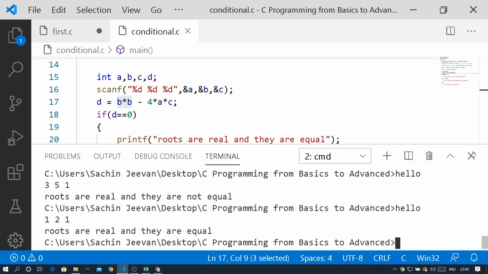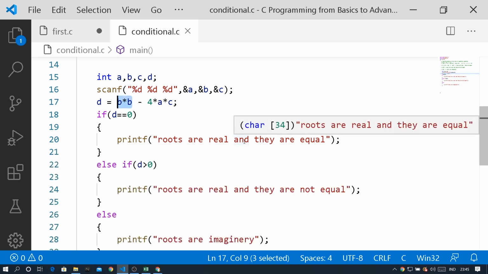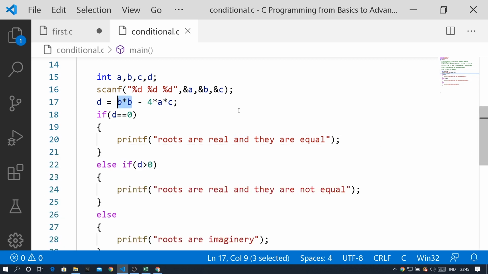So we have seen how to find the nature of the roots of the quadratic equation. Yes. So next thing is that we can see